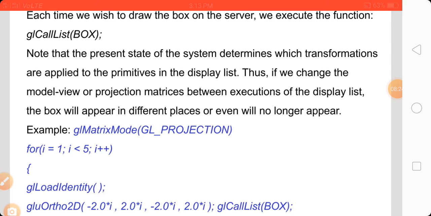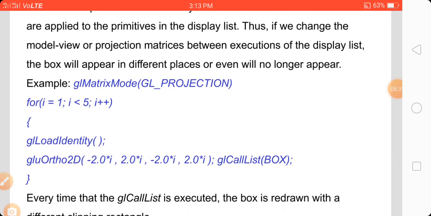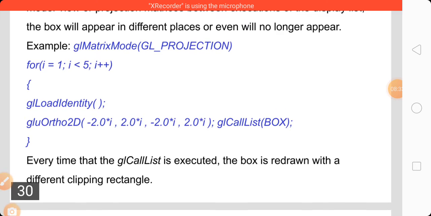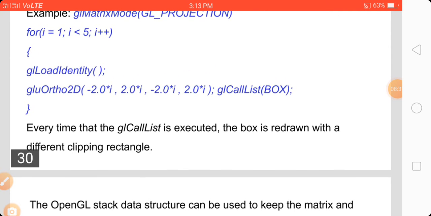In this way we project the display list: for i equals 1, i less than 5, i plus plus, glLoadIdentity, gluOrtho2D(-2.0*i, 2.0*i, -2.0*i, 2.0*i), glCallList(BOX).